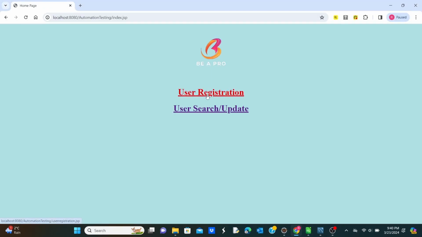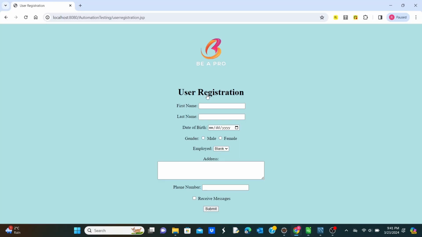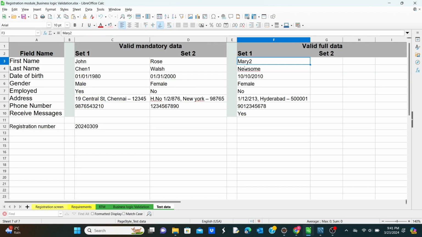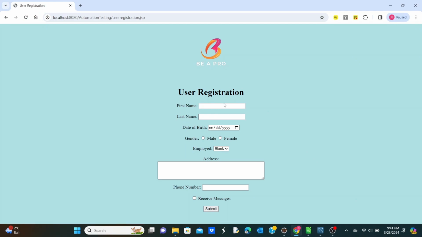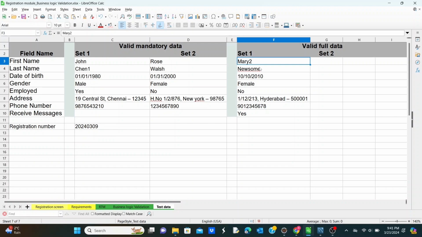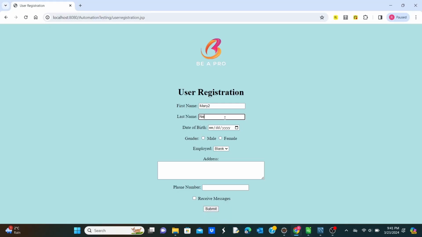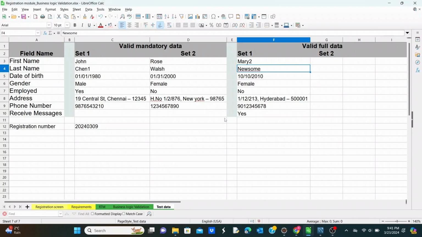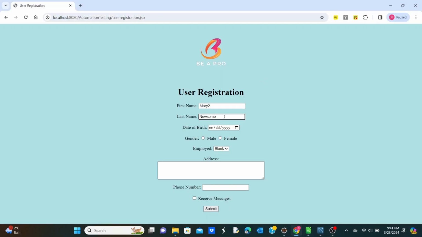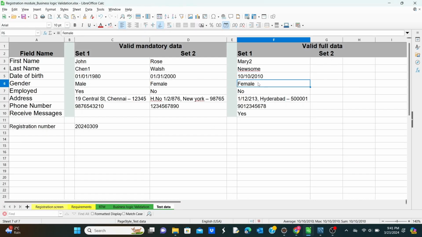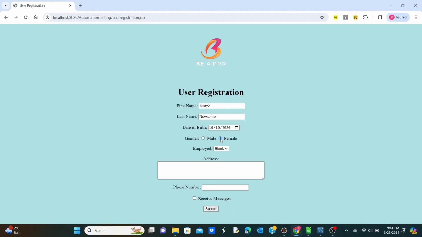Let's go to home, click user registration and start entering the data. First name is Mary 2, last name is Newsome, date of birth. Let's type in the date of birth here. Next one is gender female,